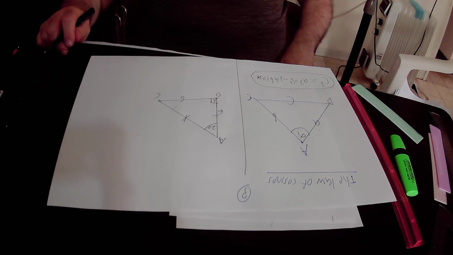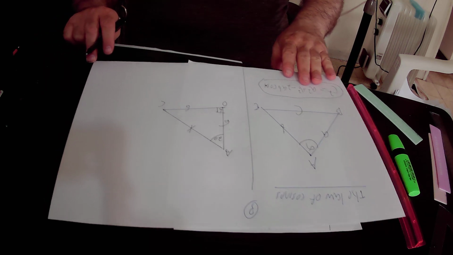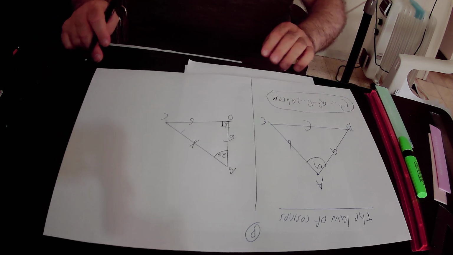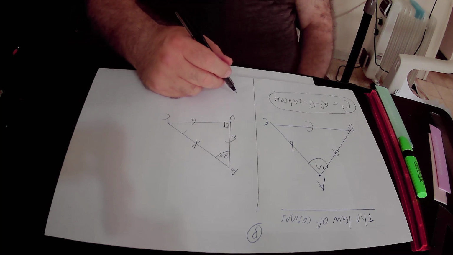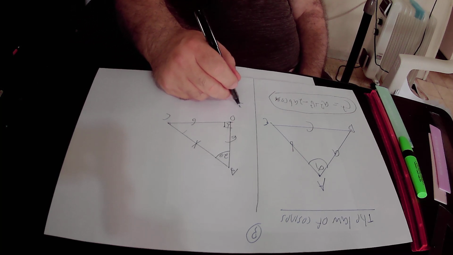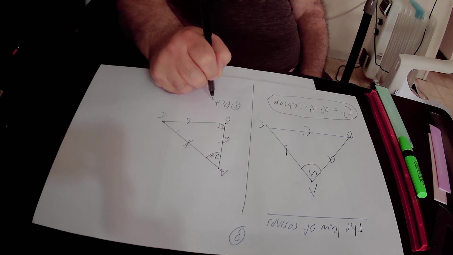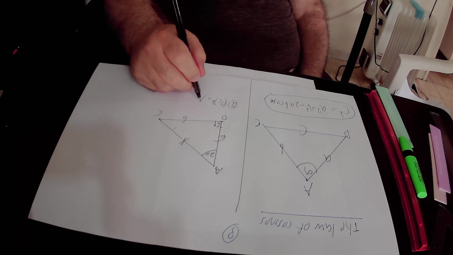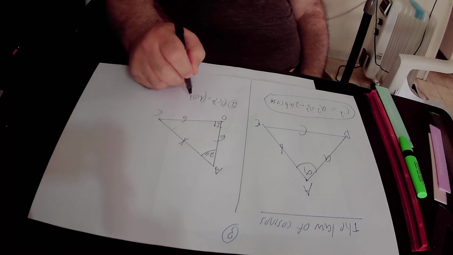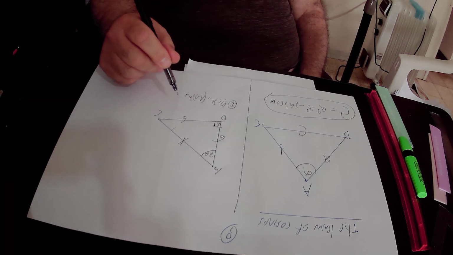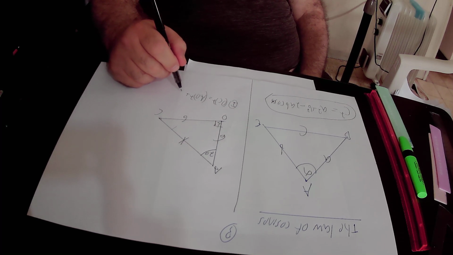So according to the law of cosines, we will get here, this will be equation number 1, OC squared equals AO squared plus AC squared